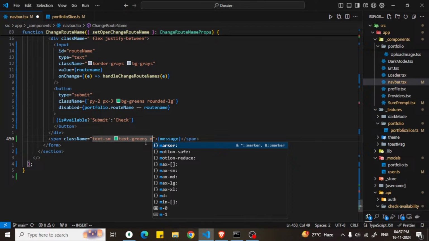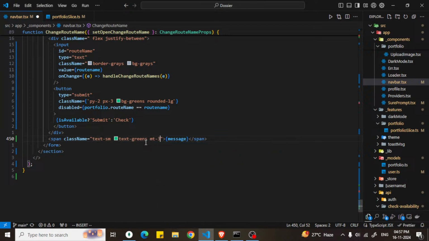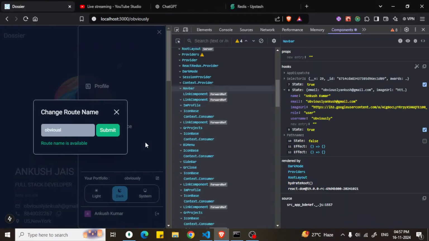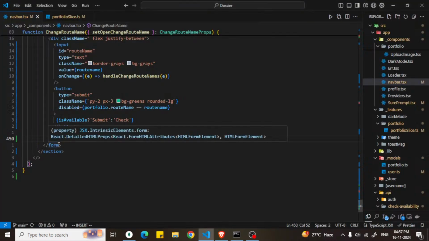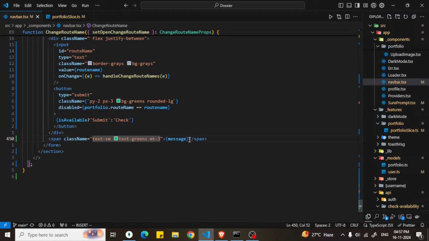So margin top would be 12 pixels, I think, would be more than enough. It is correct. We can also add, what,